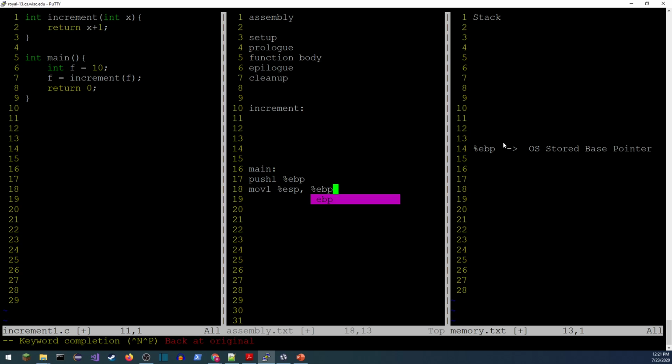So that's how I've gotten to this point right here. I've got the stored base pointer, that was the push. And now my base pointer is pointed right here to this memory location. All right, so that's what's going to happen first. Those are the commands I just described to get to this point.